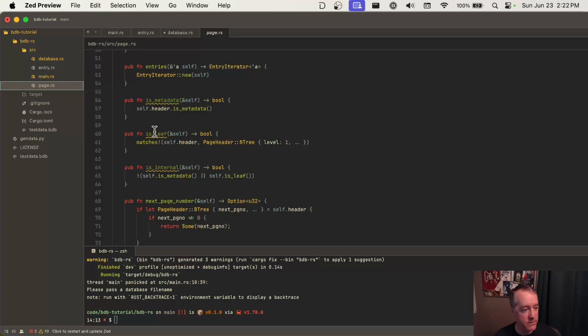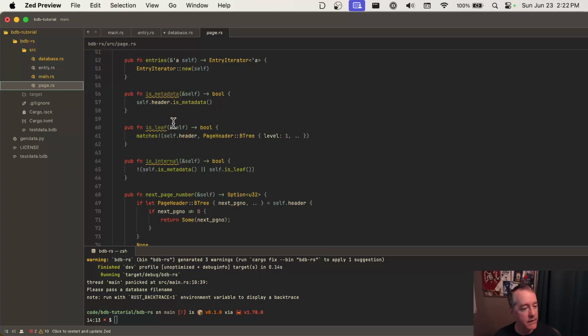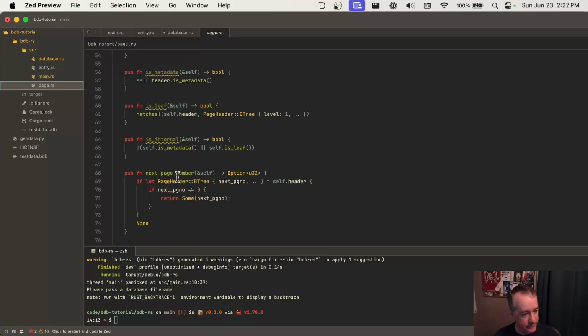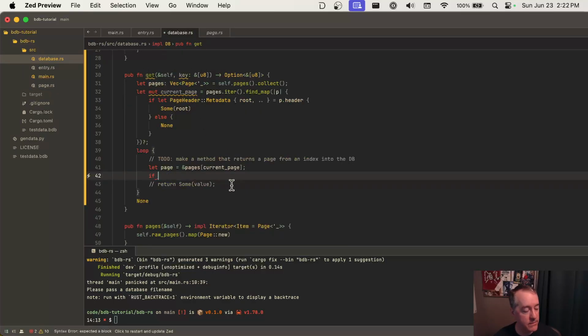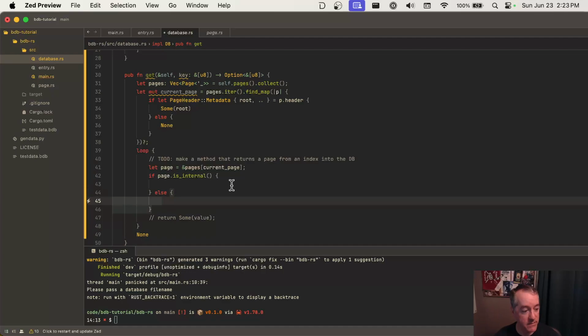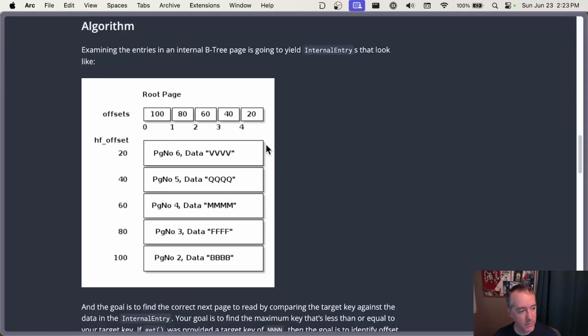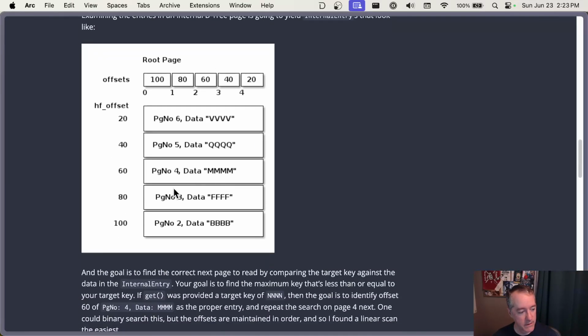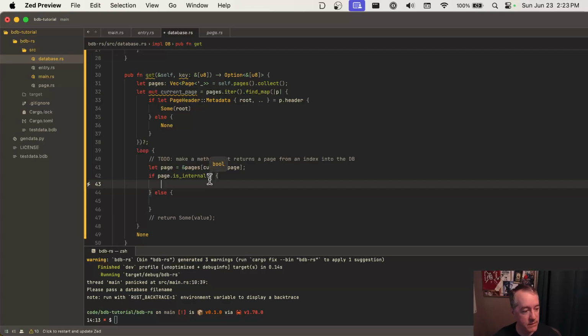So we have is internal and is leaf, right? Okay, so we can go if page is internal, we'll do one thing. If it's a leaf, we'll do another thing. So if it's internal, we want to do this part of the algorithm. So we'll do